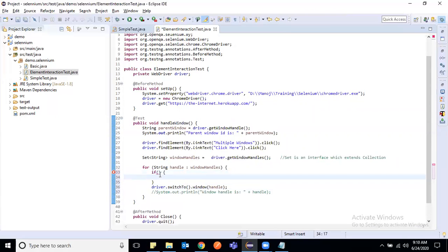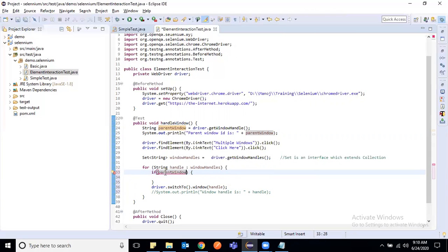Since focus is already on the parent window, I don't want to shift focus to the parent again.